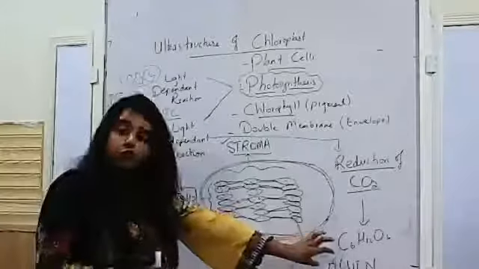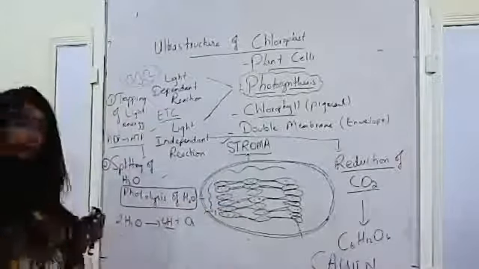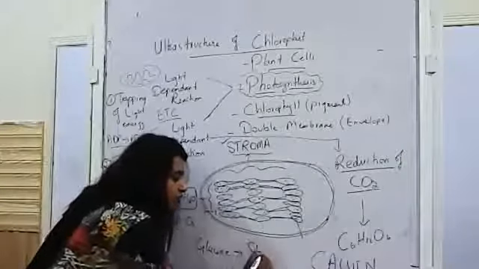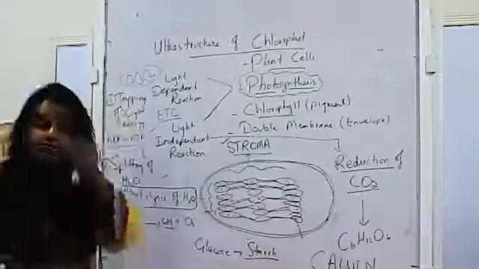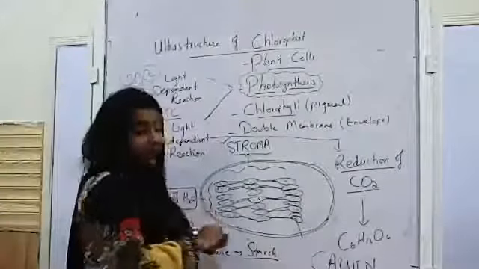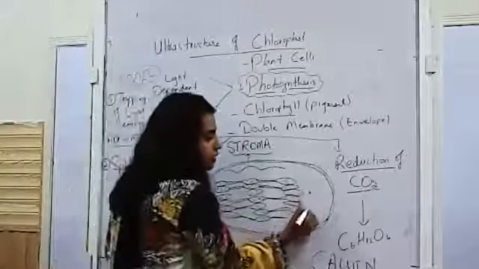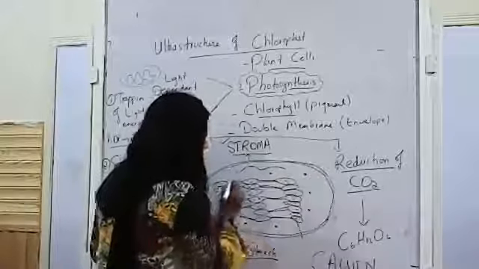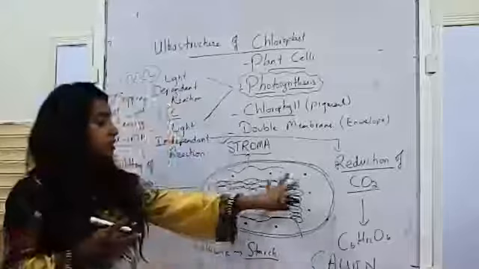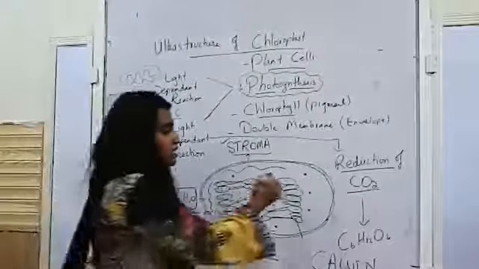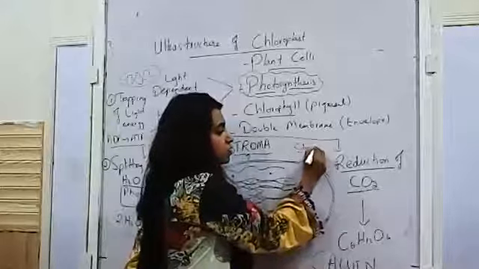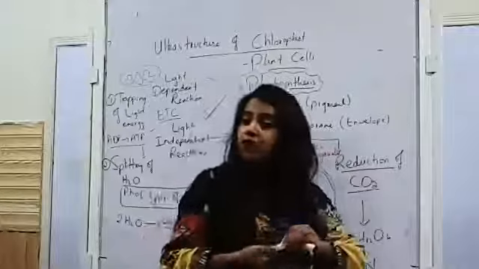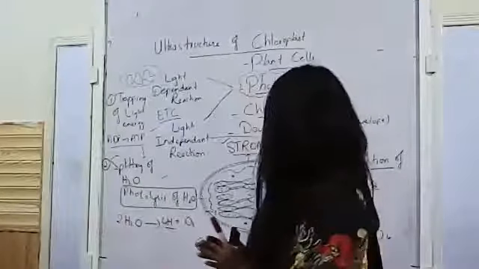Now, as a result, the glucose that is made is converted to starch, right? The glucose made, because immediately it won't travel, so it is converted to starch. And these starch granules are stored where? In the stroma. So the speed at which photosynthesis takes place, at that speed the starch granules will be formed, right? So these starch granules are stored in the stroma, and then they are transported via phloem to wherever they are required by the plant cell, right?